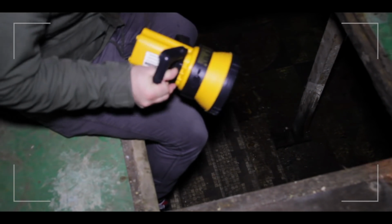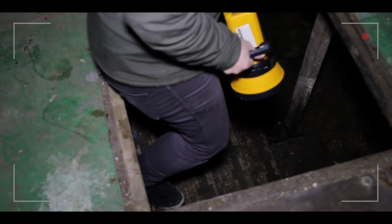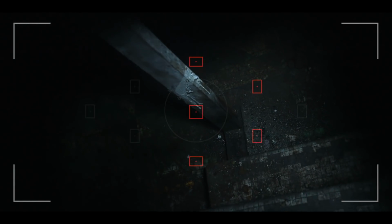The jacuzzi, look at the tiling! Hey? Look at the size of this jacuzzi here, James. This full up, the water can go right